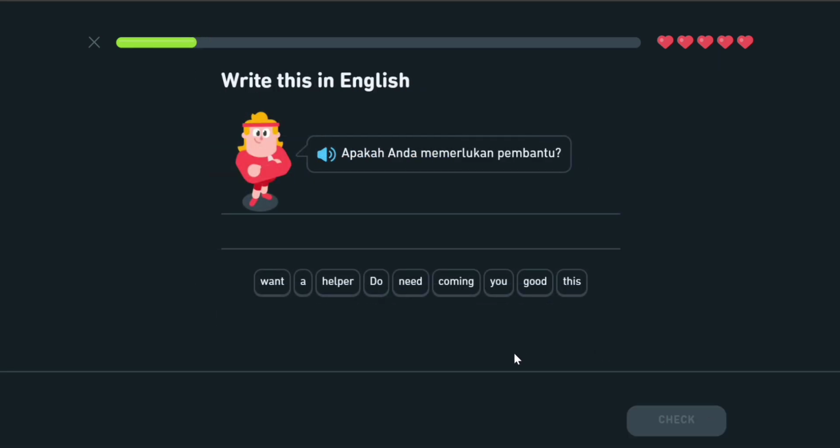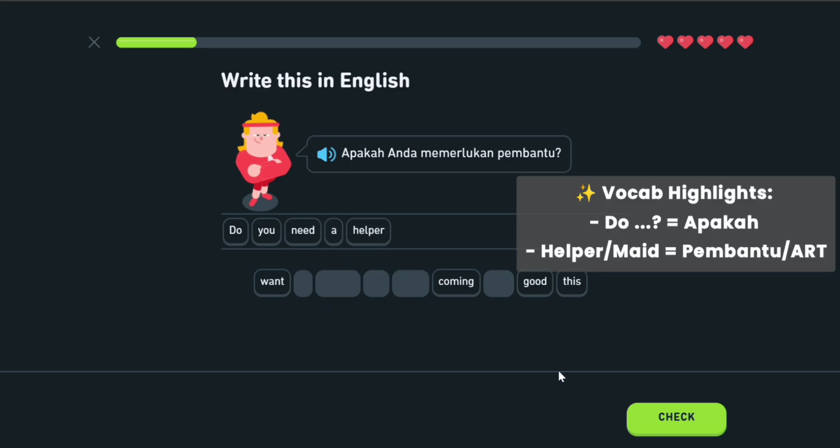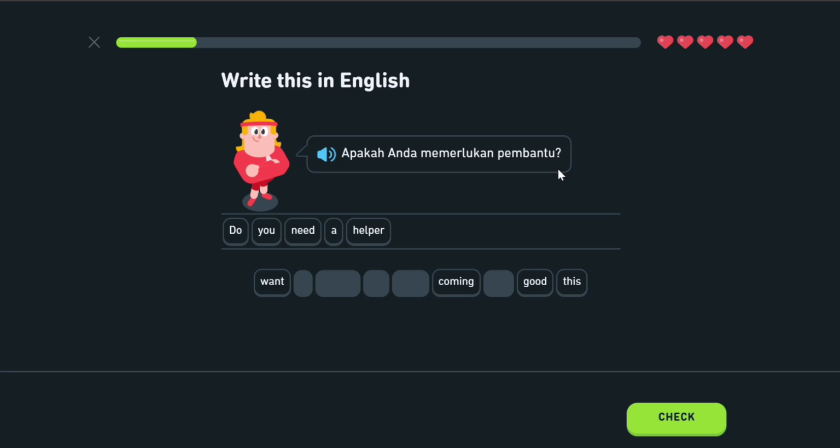Next. Apakah Anda memerlukan pembantu? Is it, do you need a helper? So in the word pembantu, there's the word bantu. Bantu is help, but if you add the word pem in front of it, it becomes helper. So next,